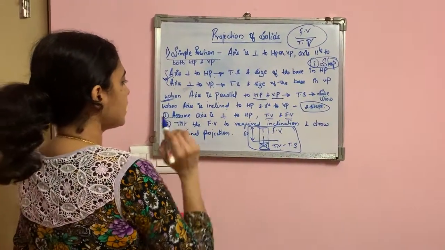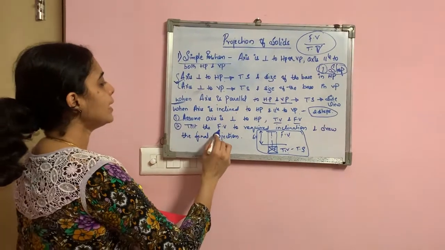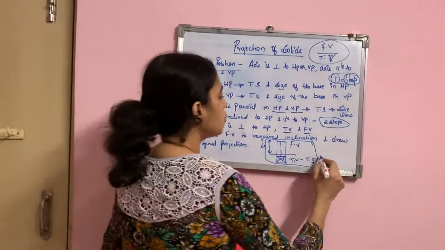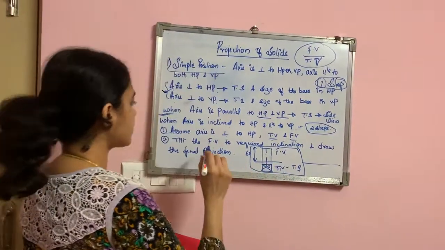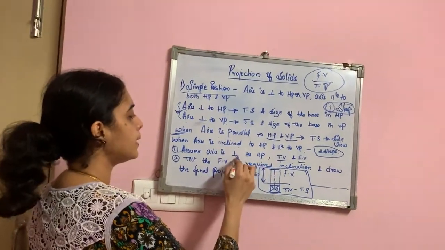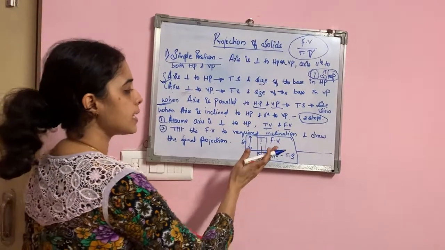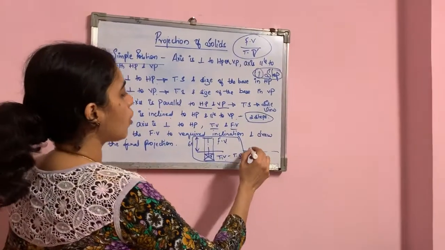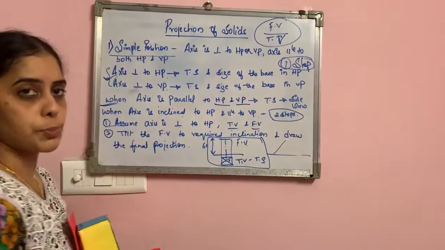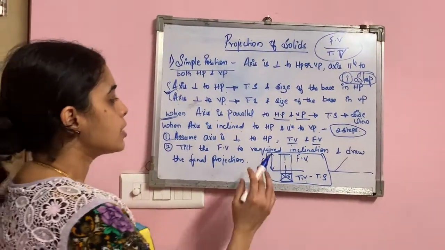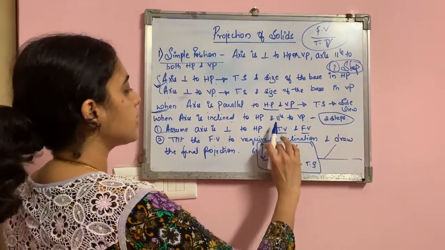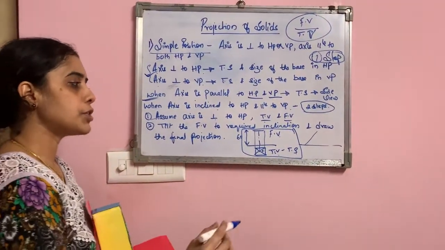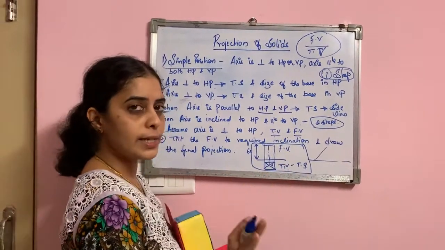So then for the second position, you will tilt the front view to the required inclination. For the second view, when it is resting in HP, either perpendicular or parallel, we always start with the top view and then go for the front view. In that case, we will always take the inclination of HP first in the second stage. So in the second stage, we assume the given axis is tilted to a particular angle. In the question, they tell to what angle it has been inclined.